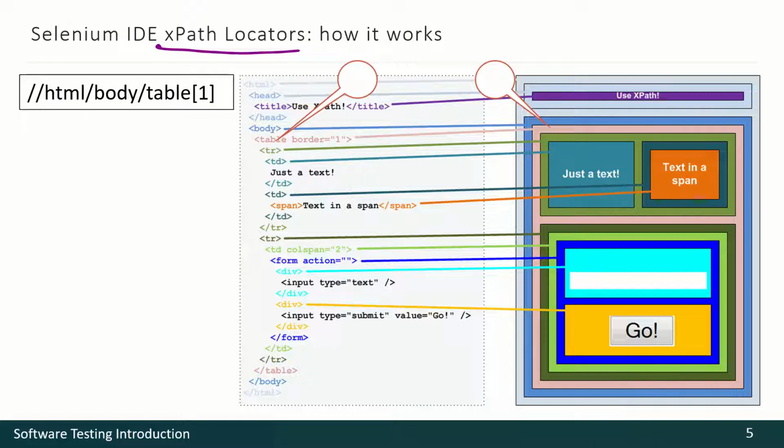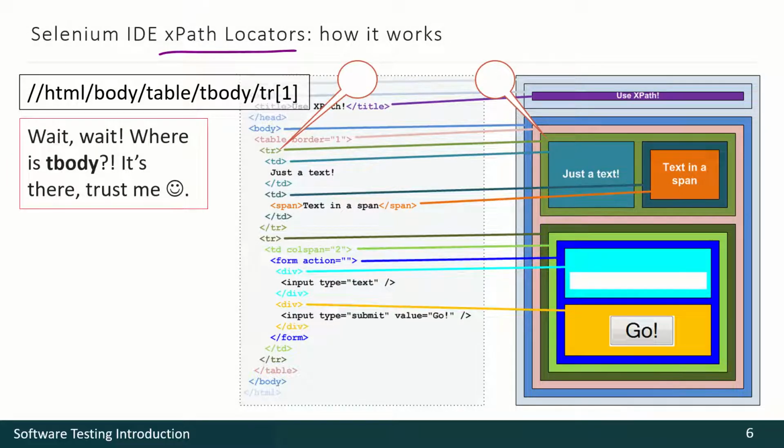The first, HTML body table 1. Here it is: HTML, body, table, the first table element. So once again, HTML body, the first table. One more XPath locator for this element now.